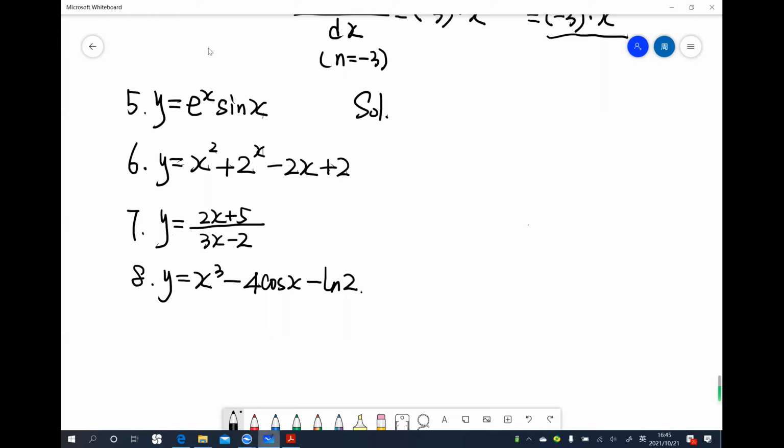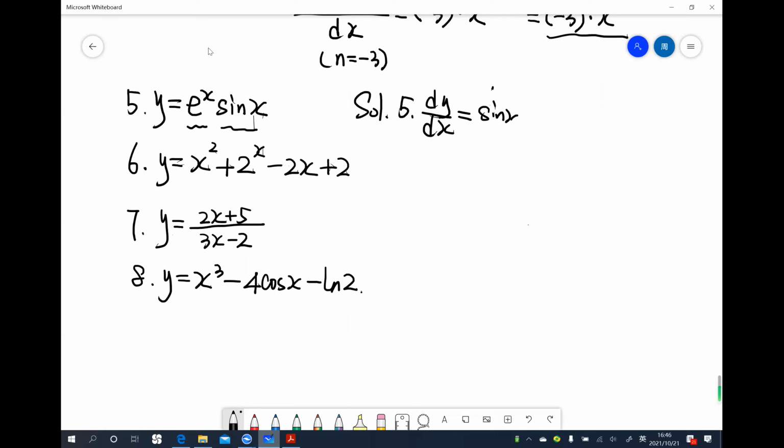Number 5. e^x is a function. sin x is another function. So here, they are two different functions. We have to use the product rule here. So number 5, dy by dx here, that equals to